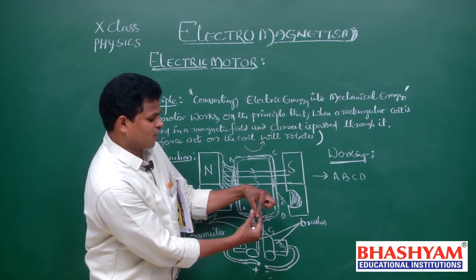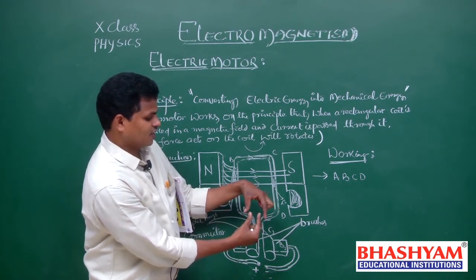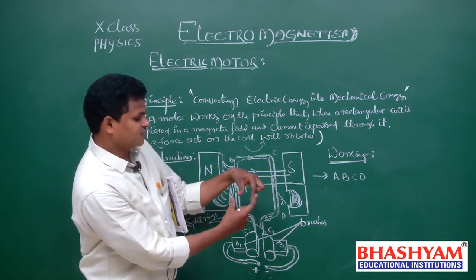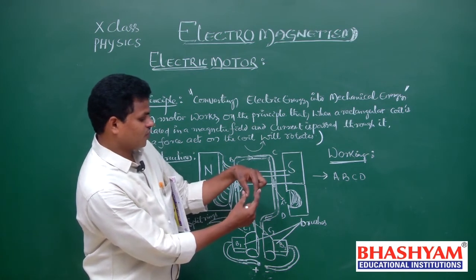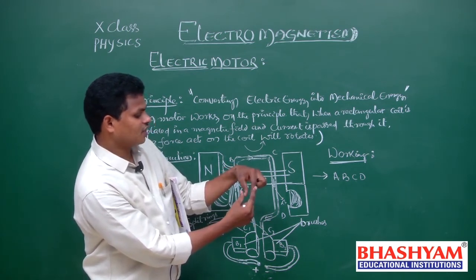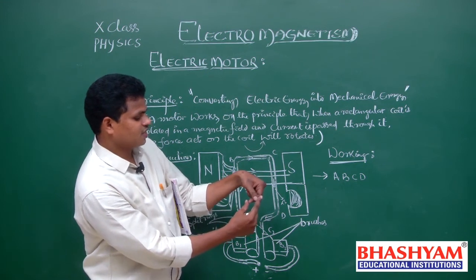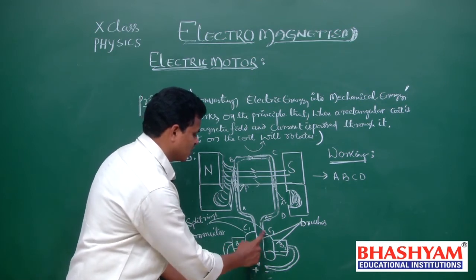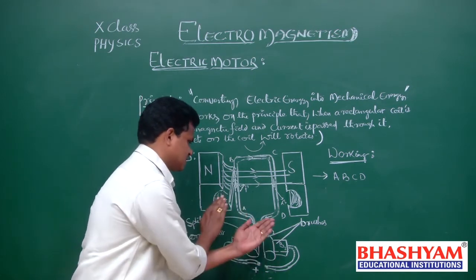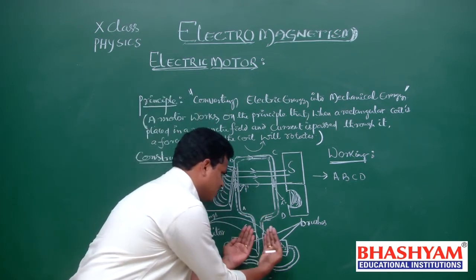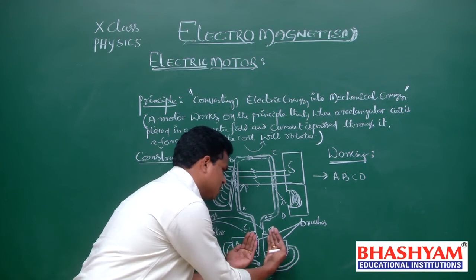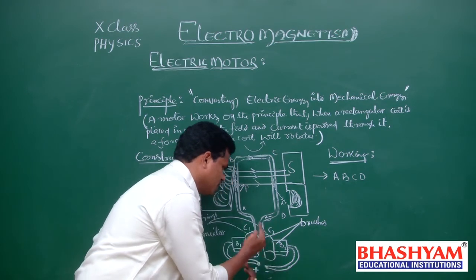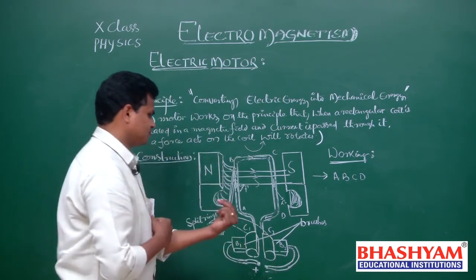At the quarter rotation, there is no contact. Actually, in the first case, this is B1, this is C1, C2, B2. After half rotation means like this, C1 is in contact with B2, C2 is in contact with B1. Here C2 rotates like this, C1 like this. Means C1 contacts B2 and C2 contacts B1.